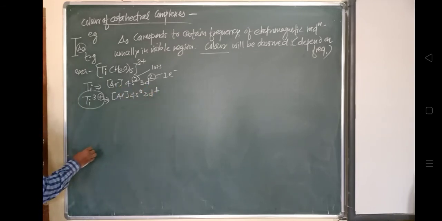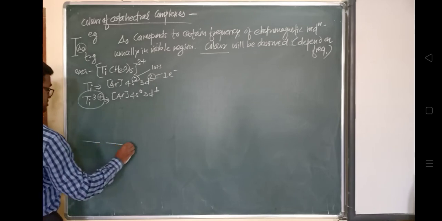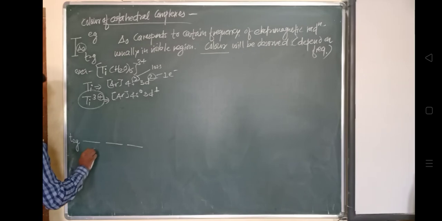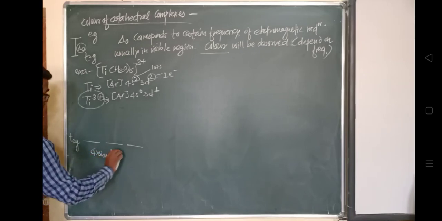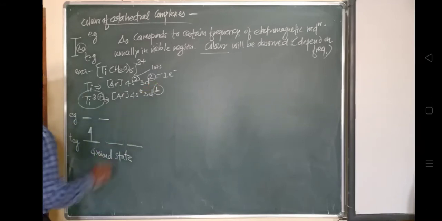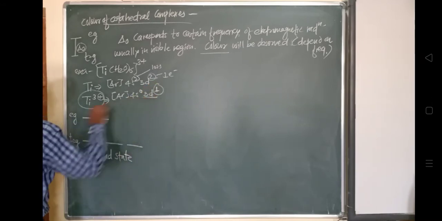And that will be in the ground state. So consider the case of a ground state. ये ground state में है. That is T2g. So this is in the case of a ground state. And suppose these two are the Eg orbitals. Now this one electron, आप देख सकते हो यहाँ पे मैं एक ही निकाल रहा हूँ, with some different spin. So now only one electron is present in Ti 3 plus in the d orbital. बराबर है, d orbital में एक ही electron present है.